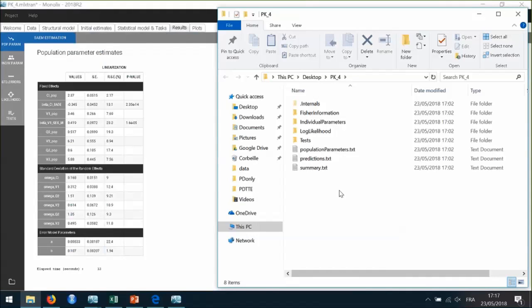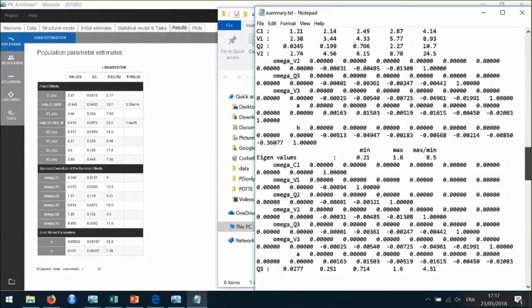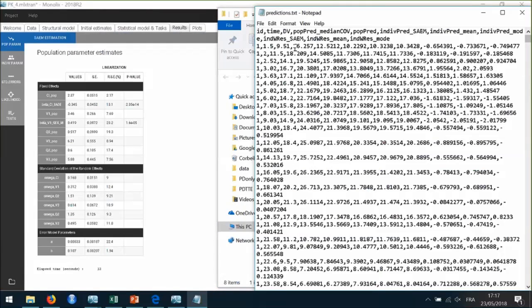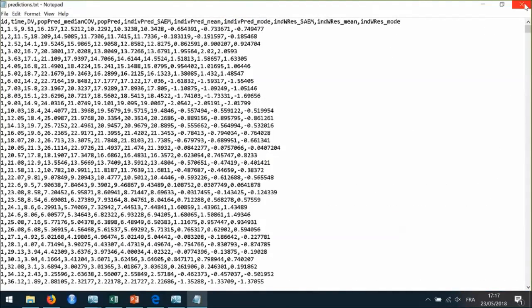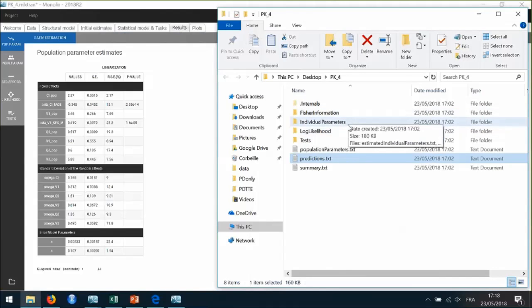So for example, for this project here, all the outputs are available in a text file in table format, in addition to a summary that contains the results of all the estimation tasks that have been computed. And then you get also a table of the predictions for all individuals, the population parameters table, and then all the information that has been estimated in the estimation task.